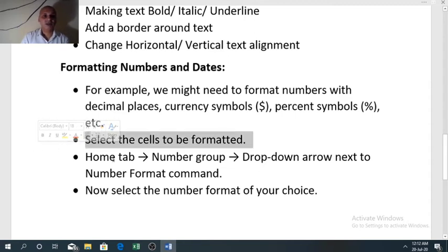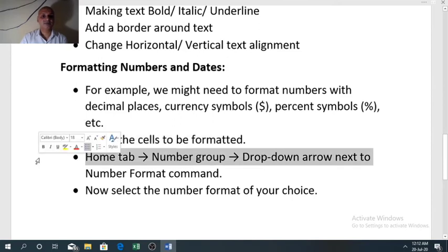Now there are two methods for that. First method is go to the home tab, number group, drop down arrow next to the number format command, and select any of the choice provided in the shortcut menu.